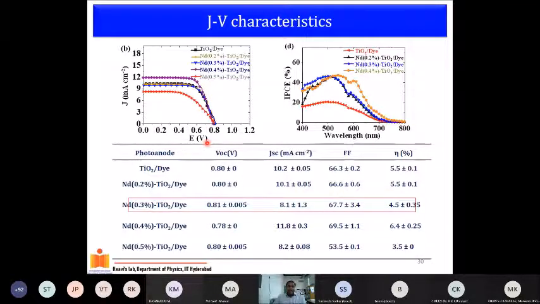Eventually what you see is an increase in the JSC, which is what you expect. So JSC is more for ND 0.4 TiO2, 11.8. The fill factor is more, and that's how you see an increase in the efficiency as you see here. Another point which I want to highlight is the increase in the EQE in this region between 600 to 700 nm. This is the point where ND is also absorbing. So we also conclude that the doped titanium, which has increased absorption in the visible, is also contributing to the EQE of the solar cell.